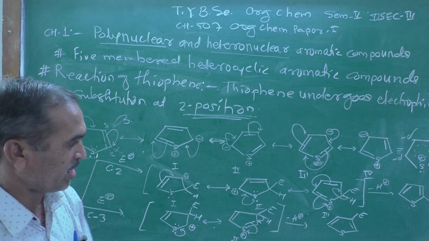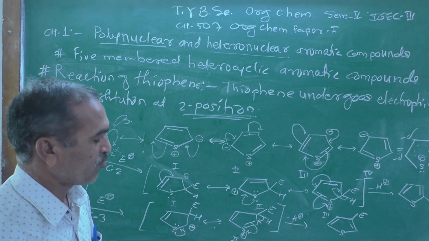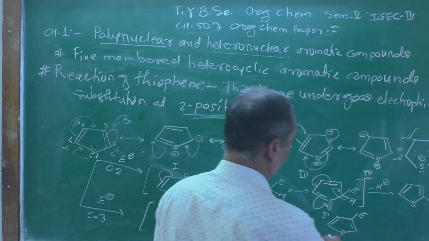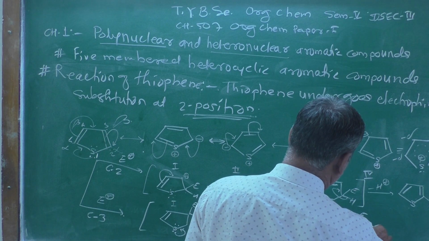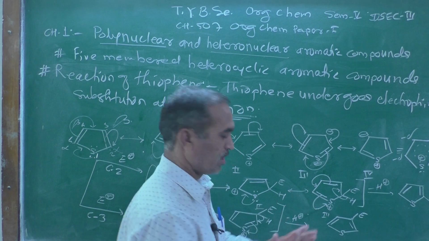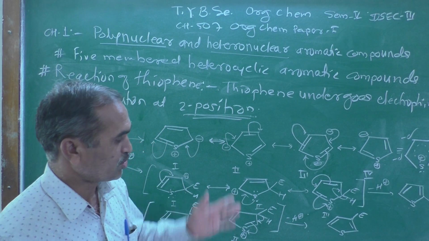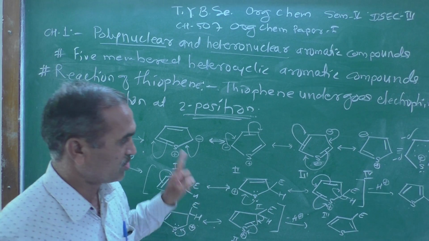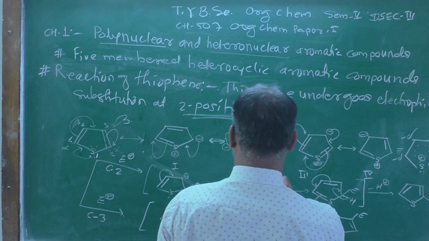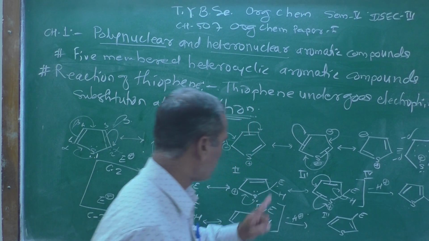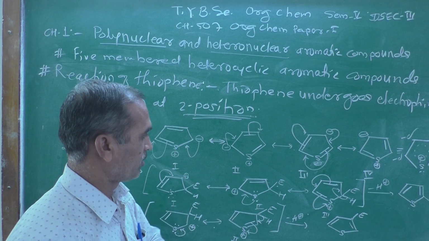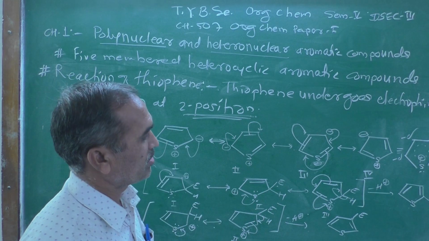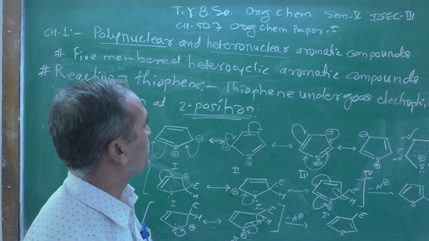Due to this reason the electrophilic substitution is less probable, meaning the electrophilic substitution is not favoured when the electrophile attacks at three position, and if the electrophile attacks at the two position, that favours the electrophilic substitution reaction. And due to this reason,